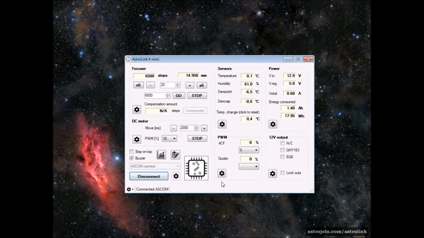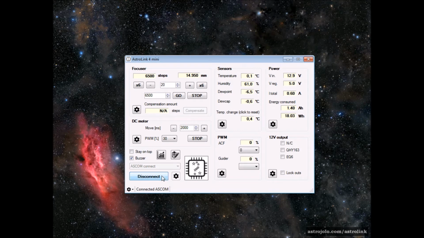It usually lasts 2 to 3 seconds, and then all the controls are enabled once the connection has been established. Depending on the things that you connected to the AstroLink, you can see, for example, the actual temperature or humidity or calculated dew point. If you connected a second sensor, you can see the second sensor reading as well. All the sections about the peripherals I will discuss and show in the next parts of the tutorial. Now I will focus only